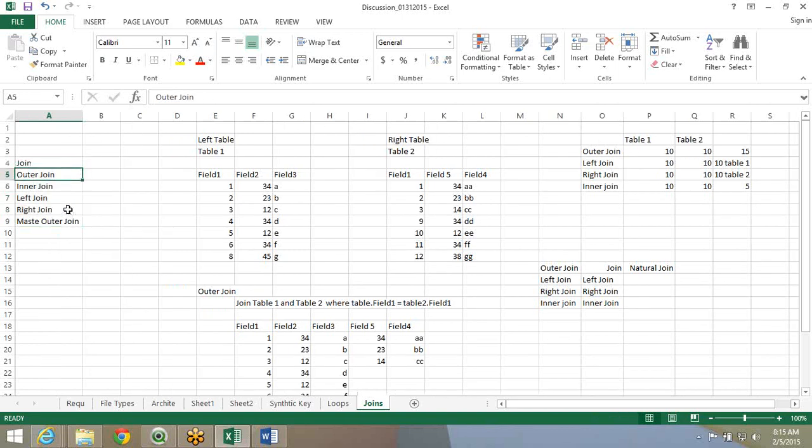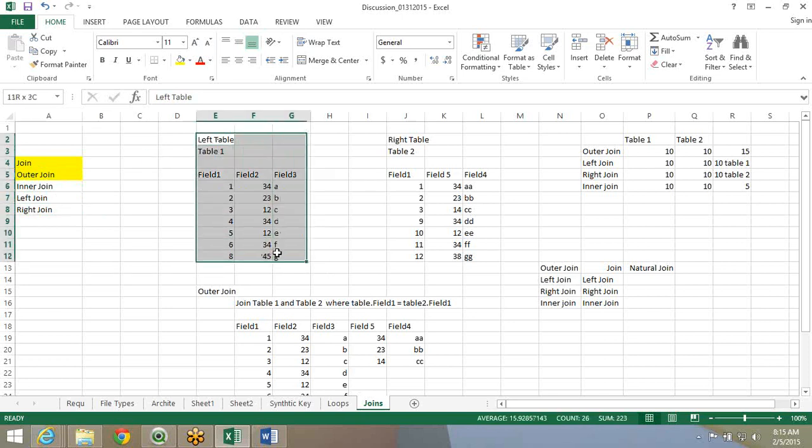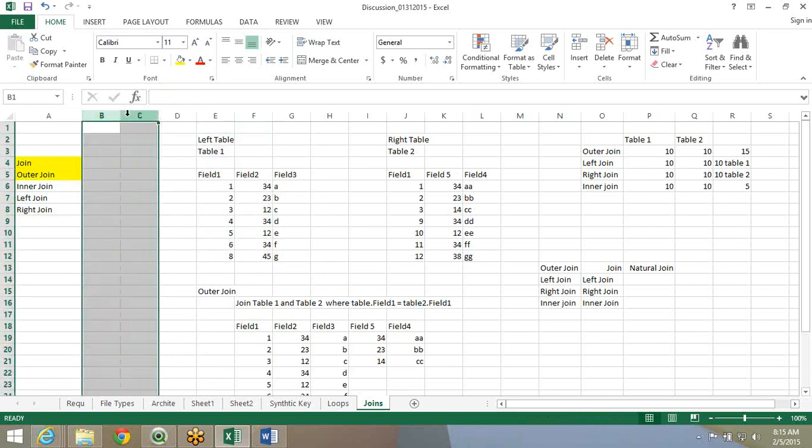It's like there is one join, one outer join, one inner join, left join, right join, master outer join. In ClickView we similarly have these joins, but very straightforward. We have a join and an outer join, and these both are the same. We have an inner join, a left join, and a right join. We don't have any joins which start with master, no keywords called master outer join or master left join. So in ClickView technically there are only 4 joins: outer join, inner join, left join, and right join.